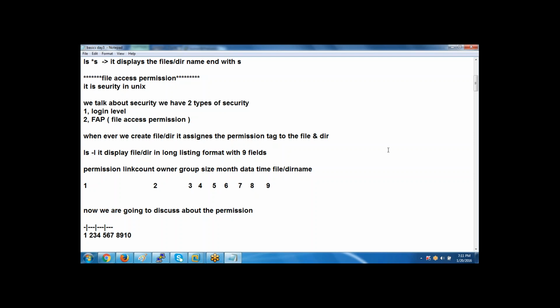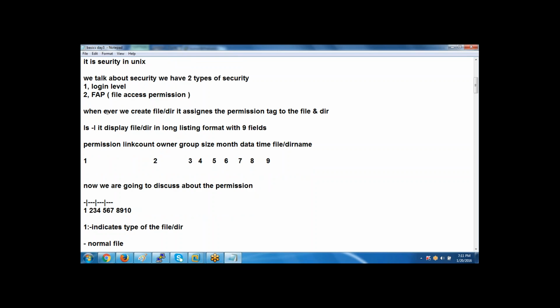files and directories. Now we are going to see that whenever we create a file or directory, it assigns a permission tag to the file or directory. But here the question is, how do we know about this permission? We are going to know about these permissions when we run the ls -l command. When we run the ls -l command, it is going to give you a long listing with 9 field